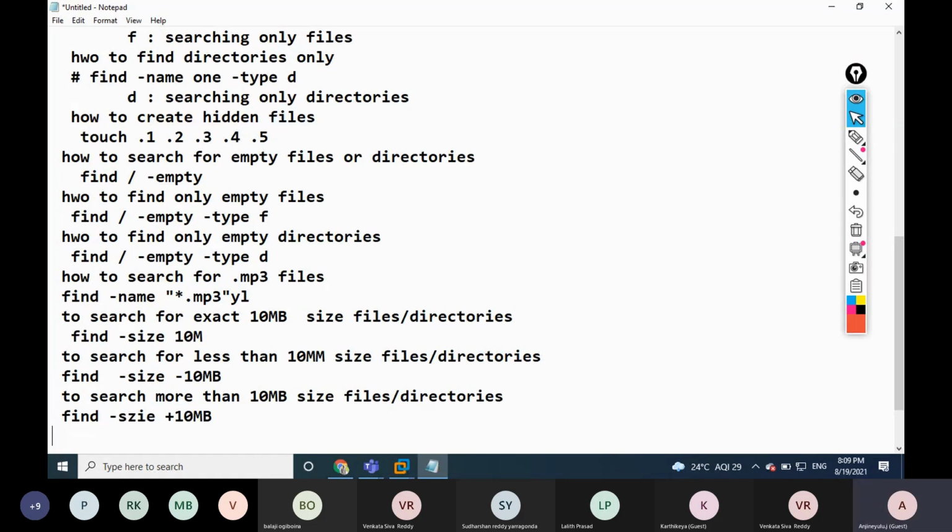So we can find out less than 10 MB and more than 10 MB files and directories. Okay?